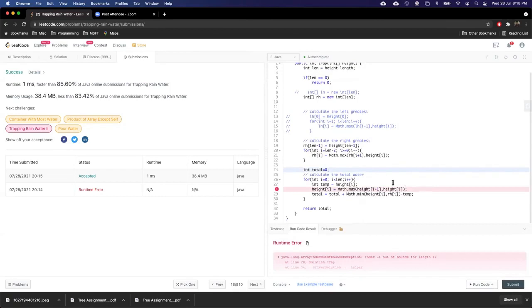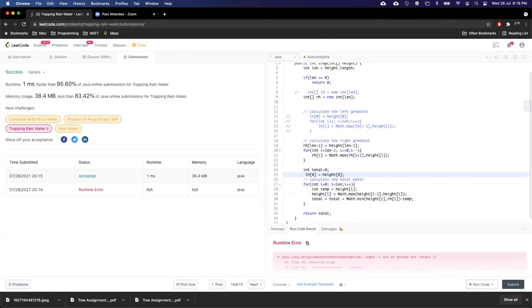Height of i. One thing is, we need to cover this case. We can start with this one, and we can initialize this one with height of 0.